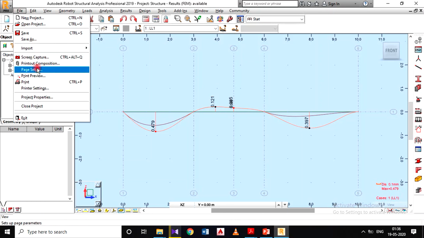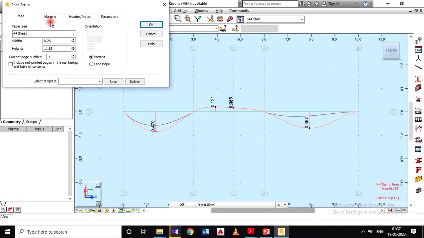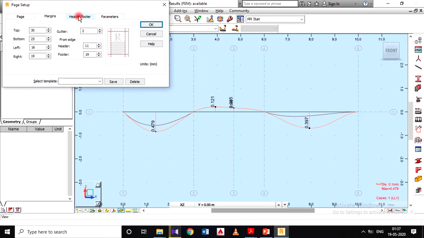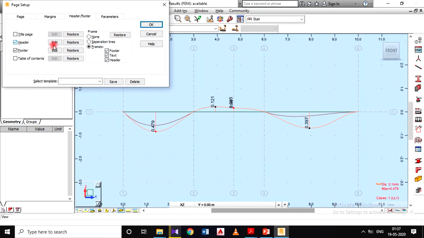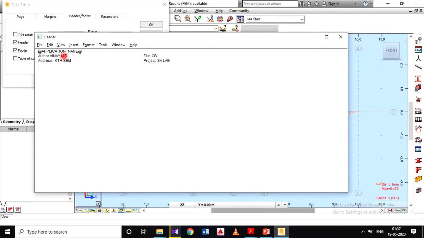For that, go for page setup. So in that, it is A4 sheet. Then go for the margins. So next will be the header and footer. In that header, go for the edit. You can name it. Okay, name your author. You can write your name. Then if you want to write the address, you just write that one, and you can name the file as continuous beam,